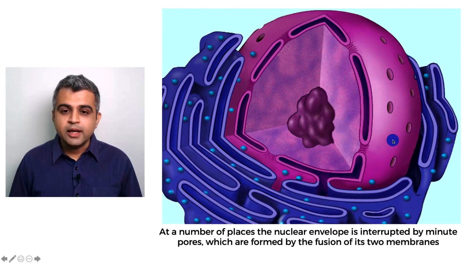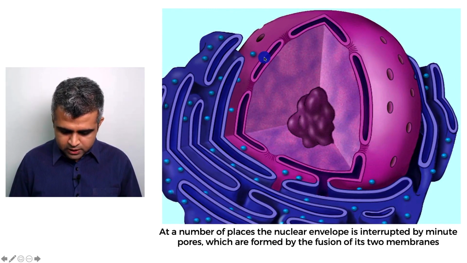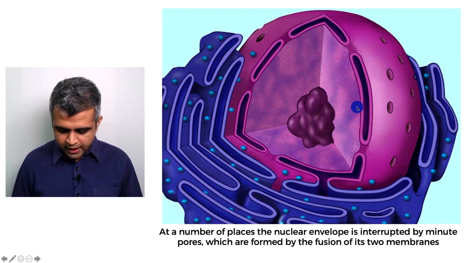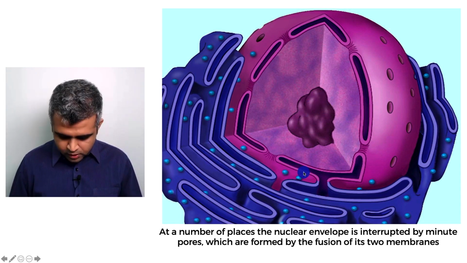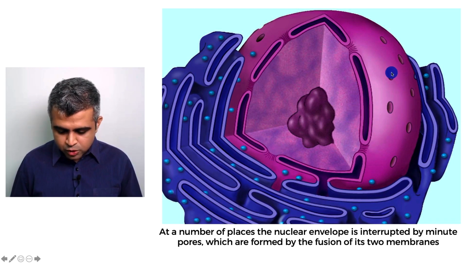So here you can again see that there is a nucleus with this part being called the nuclear envelope. You can see that the inside will be the nucleoplasm, in which this part will be called chromatin, and this part is going to be called the nucleolus. Here you can see that this is the outer membrane and this is the inner membrane, and as you can see they are continuous in this part. So these are nuclear pores, you can see all these are nuclear pores. So here also there was a nuclear pore, and where this nuclear pore is, can you see that these membranes are continuous?